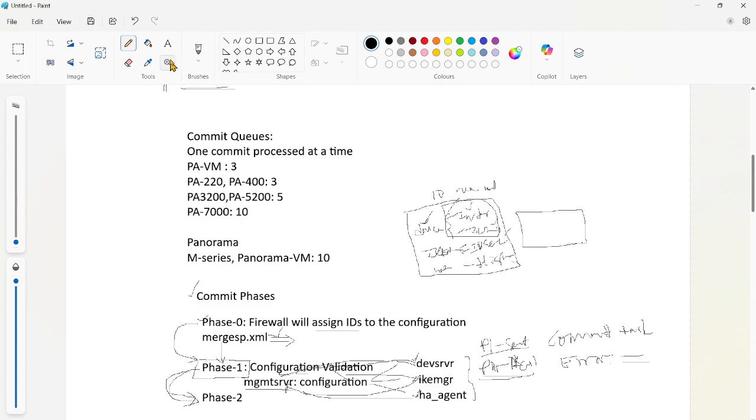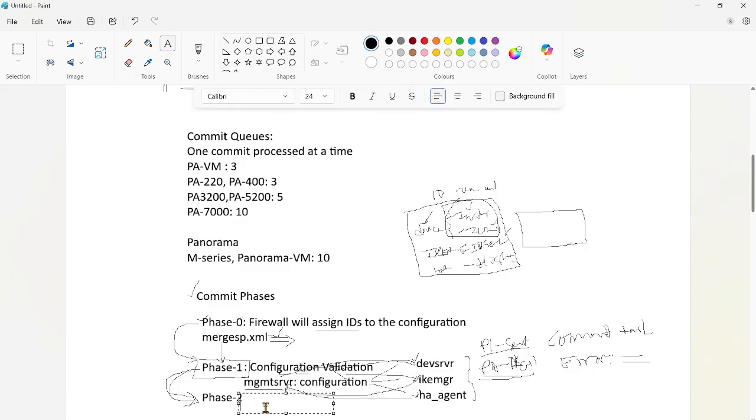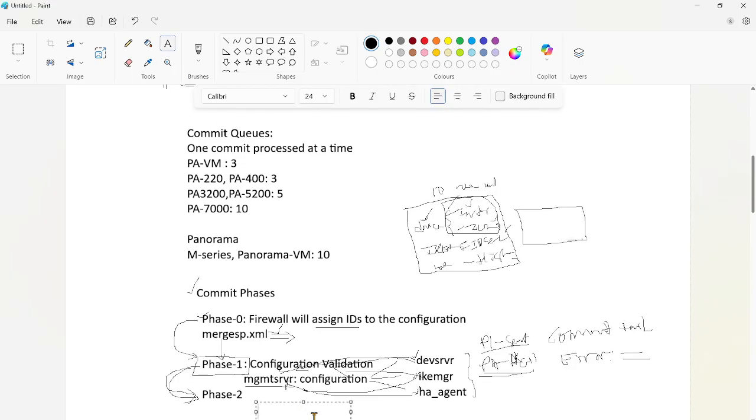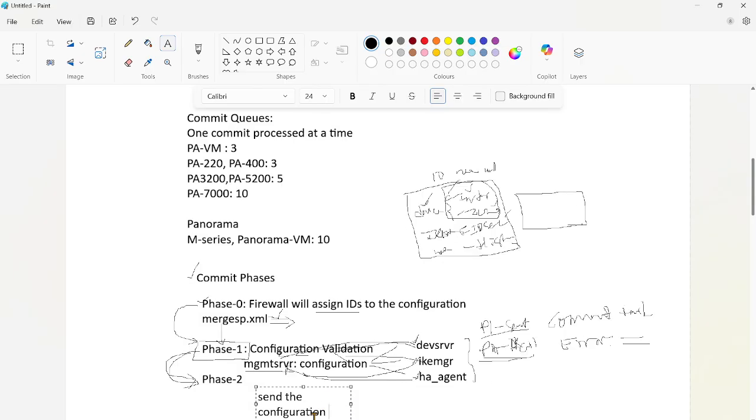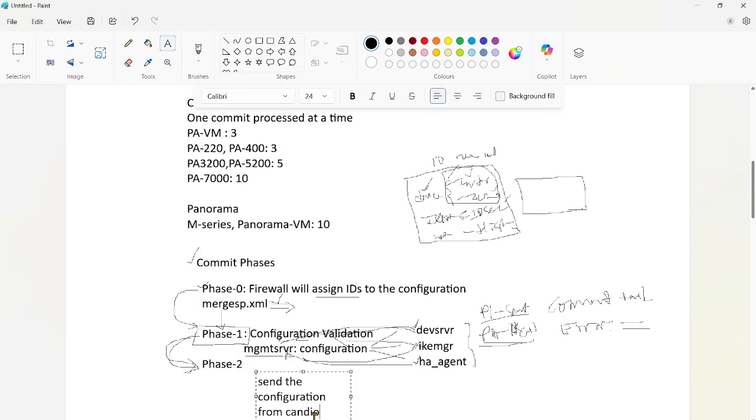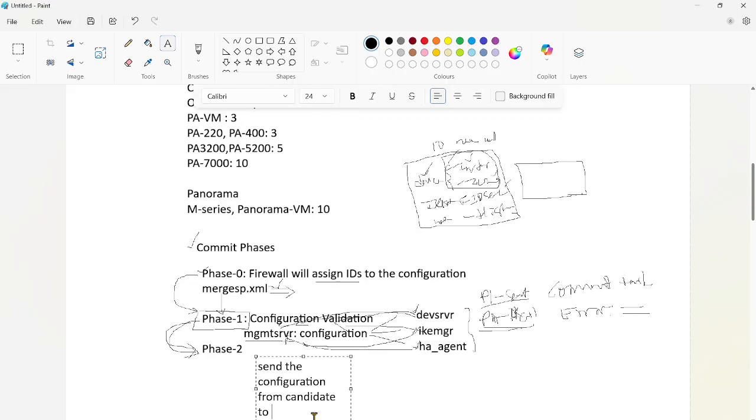What phase 2 will do is send the configuration. If everything is okay, it will send the configuration from candidate to running config.